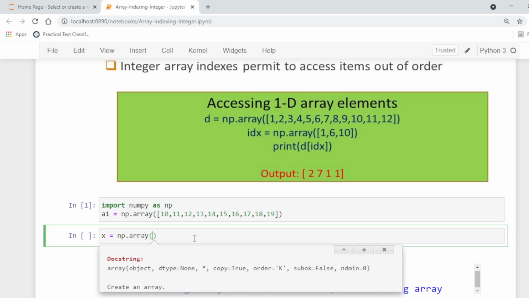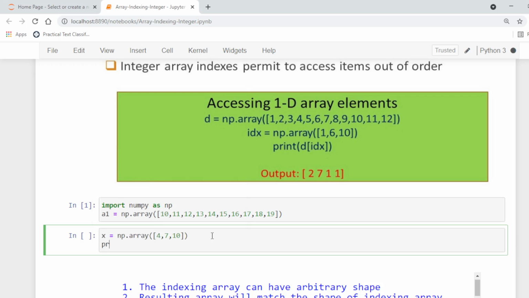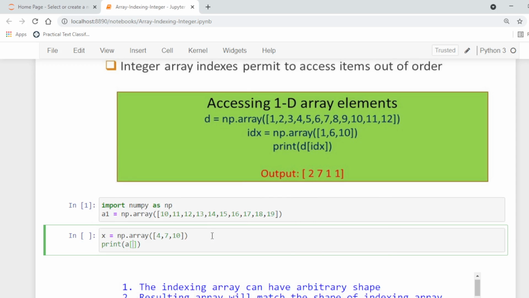So these are the indexes: let's say 4, 7 and 10. If we use this x array as a subscript for the above array, it will return the following values.